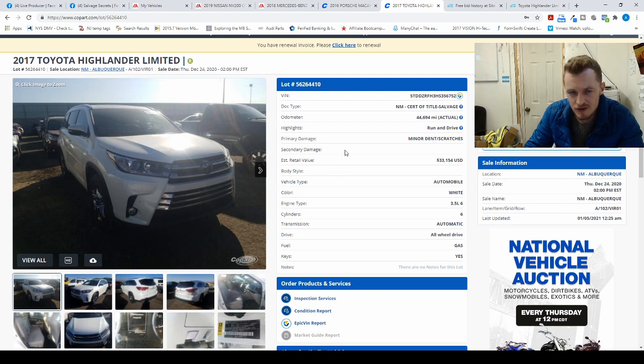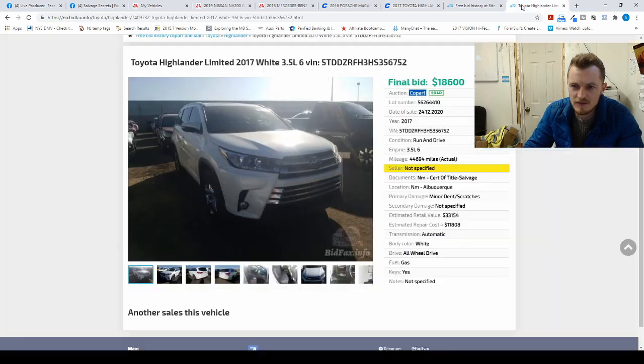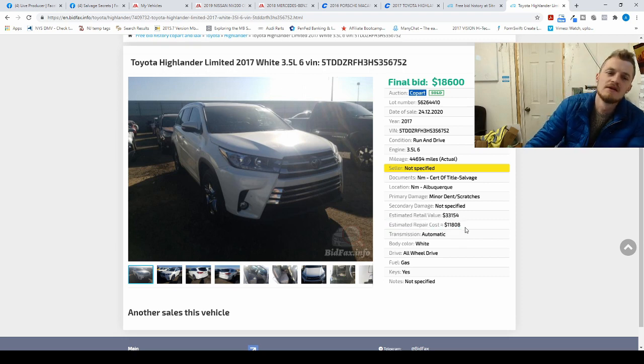There is no estimated damage field. Copart, before they used to have it, they used to list the estimated damage value, but then they removed it from the site. So now it doesn't show, but still they do have this information, and Bidfax is able to pull it from Copart website, and they actually list it here. So when you see the actual estimated repair cost listed, it means, again, 99% of the time this is an insurance company car, because with dealer cars this would always be zero, because when the dealer is running a car at Copart,